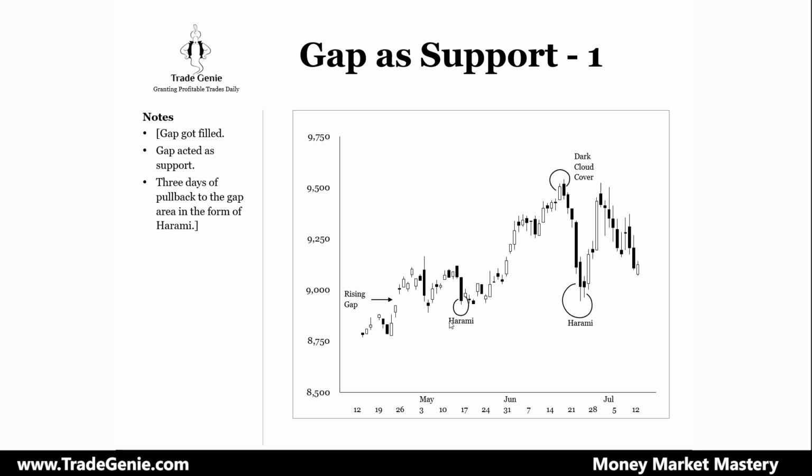If I would draw the line here somewhere, I create a zone, immediately a zone where the market pulls back. I need to pay attention to this zone. This zone should not be violated. And then this is something called a harami candle, which is like a pregnant woman. So this gives you the first indication that this market wants to go up, and it's holding this support. And then look, the market rocketed upward.